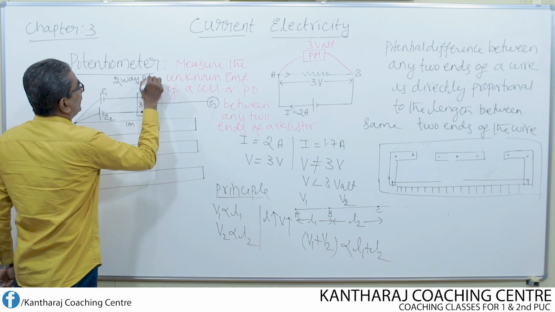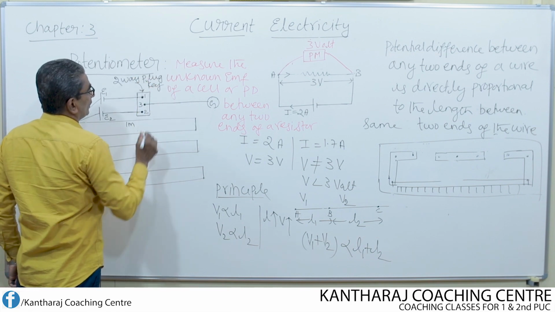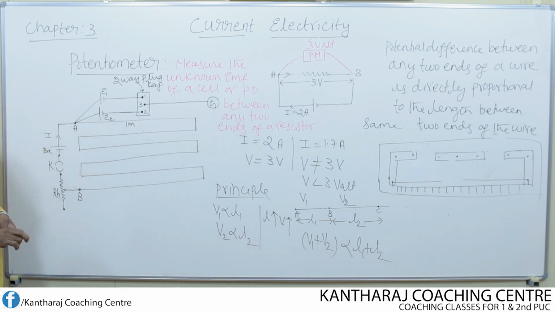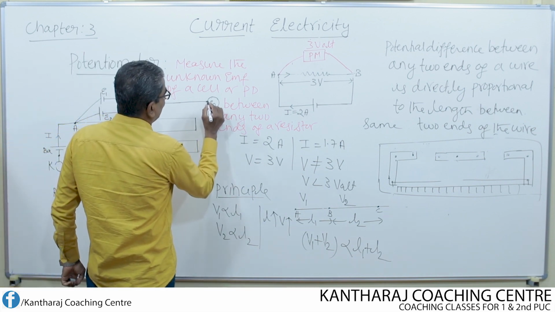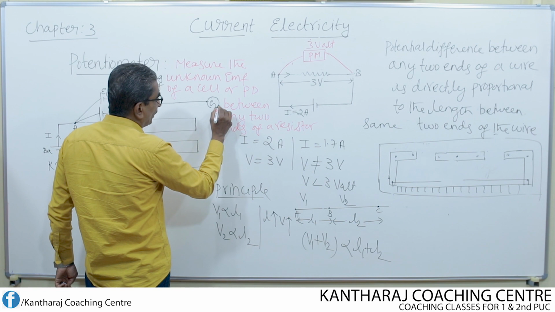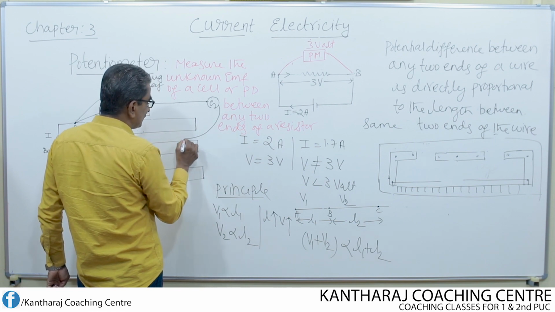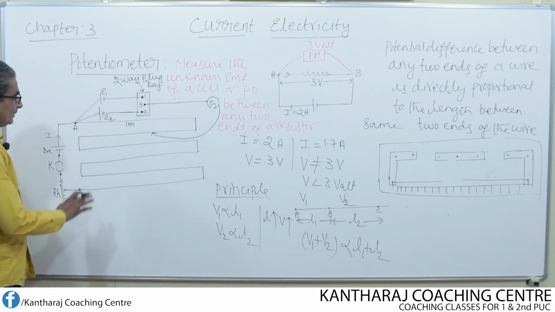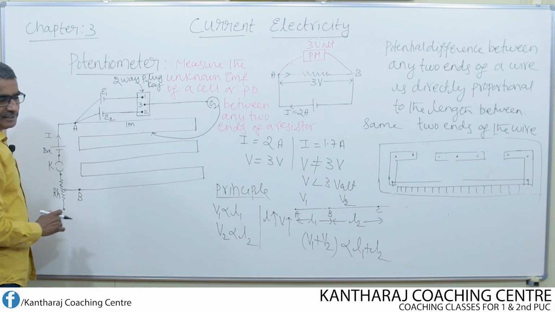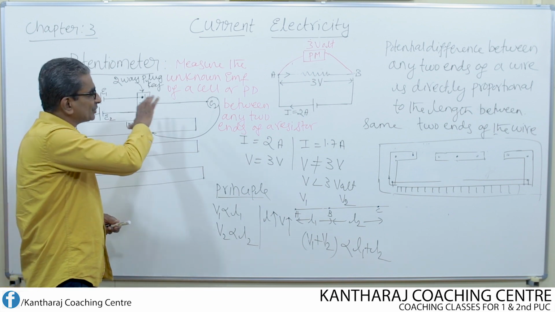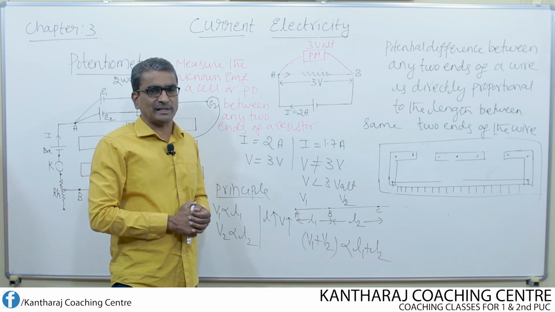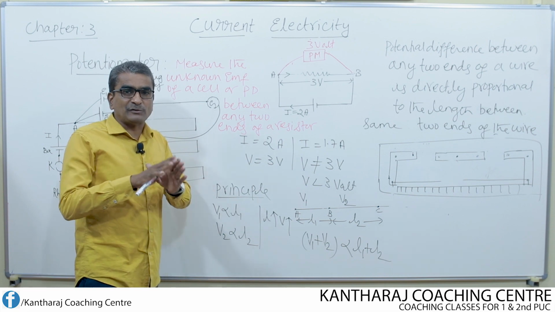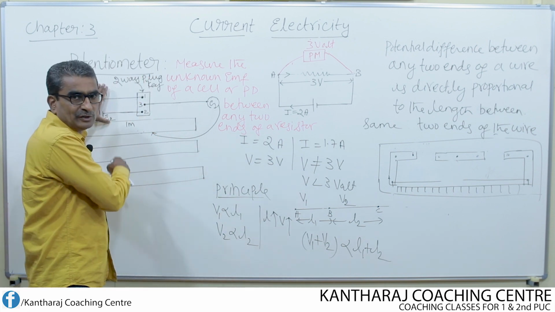So, two-way plug key. Now from the terminal 3 we connect one galvanometer, to one of the terminals of the galvanometer. Then to the free end of the galvanometer, we connect one jockey, pencil jockey. Okay. Now the circuit gets completed. What can we do with the potentiometer? That means what can we determine with the potentiometer? Using potentiometer, we can compare the EMFs of the two cells. That is what we are going to explain now.